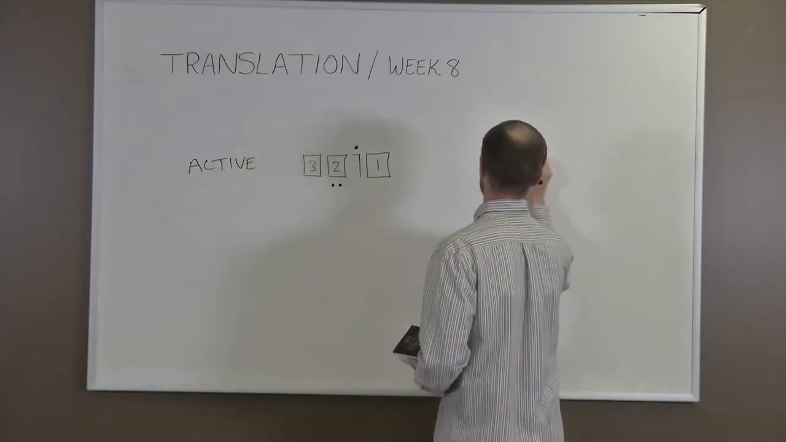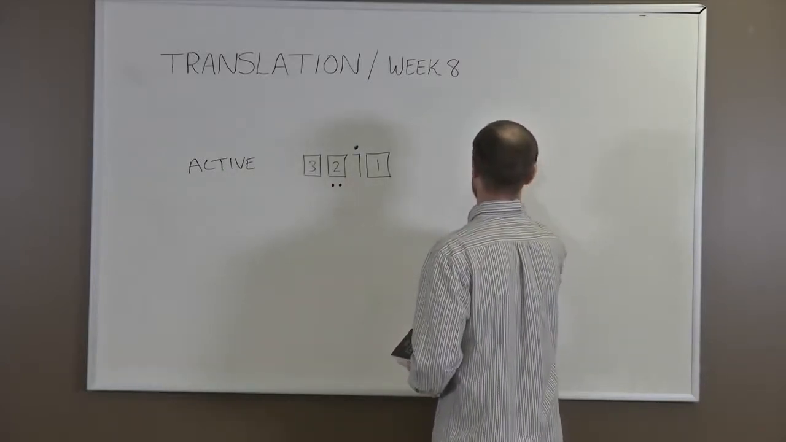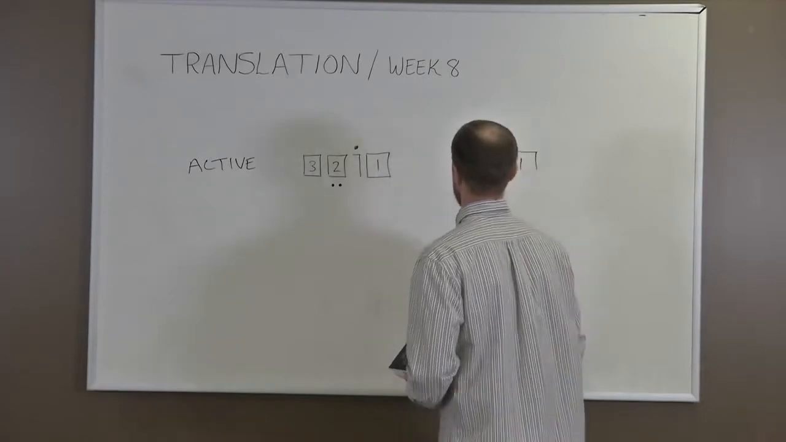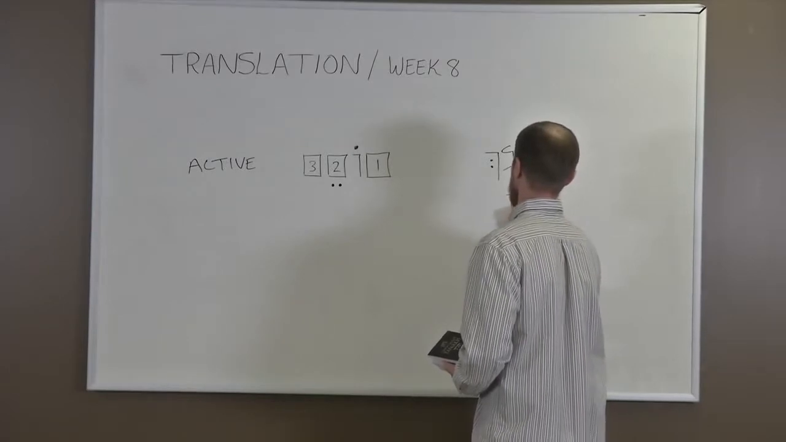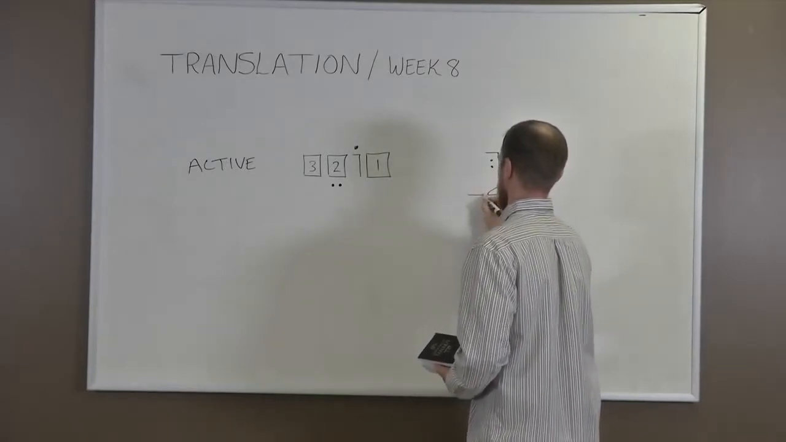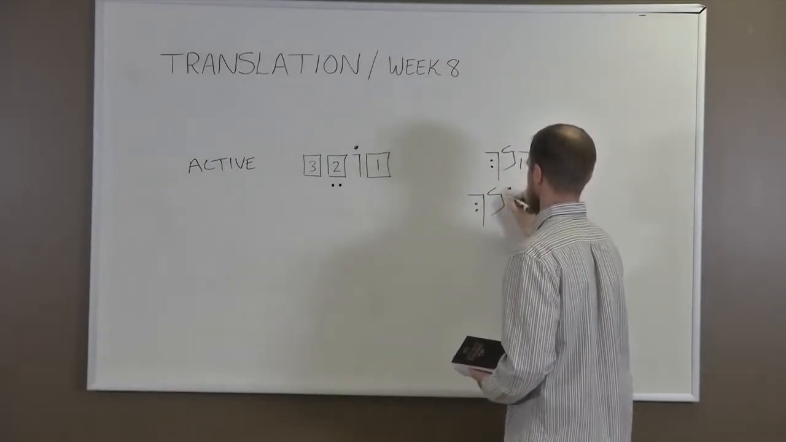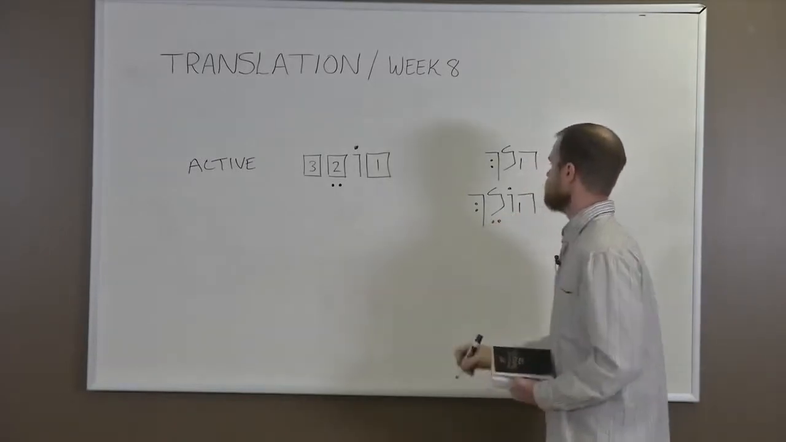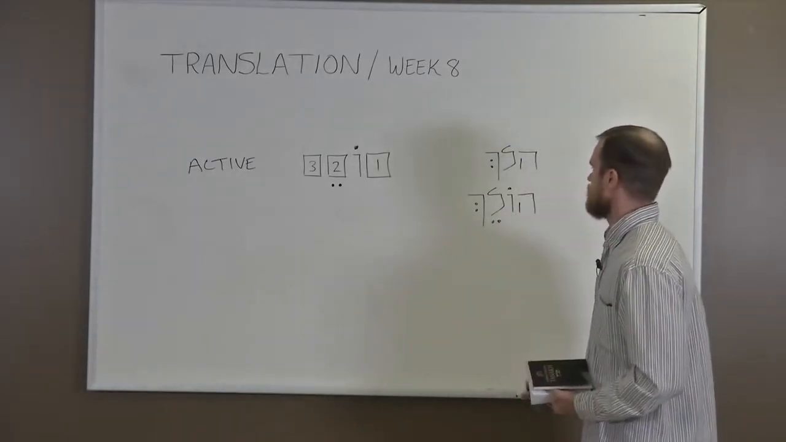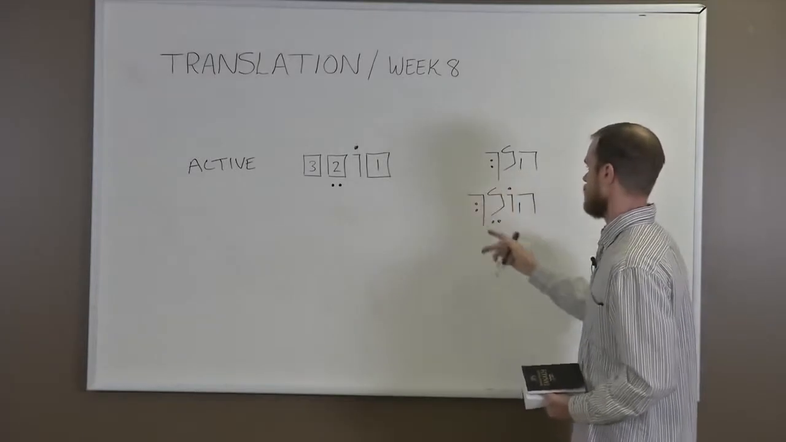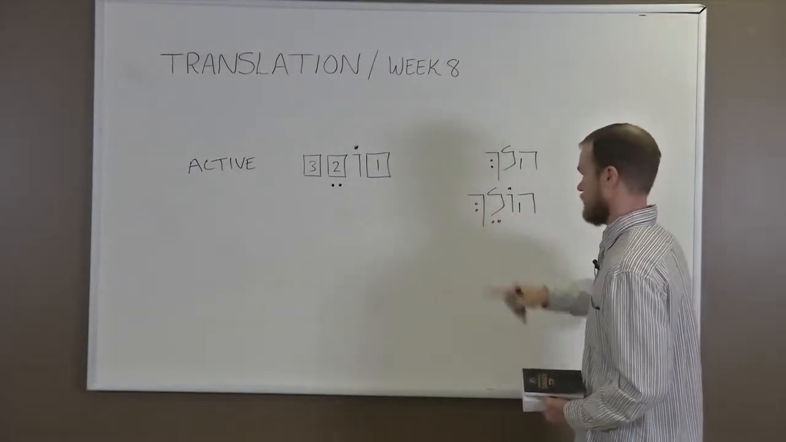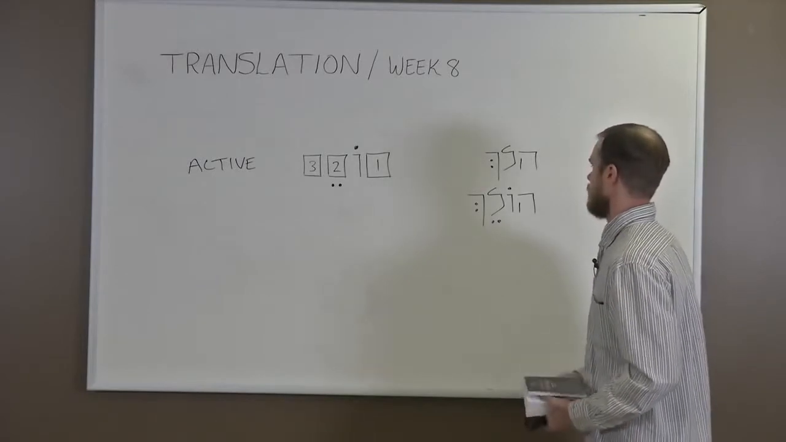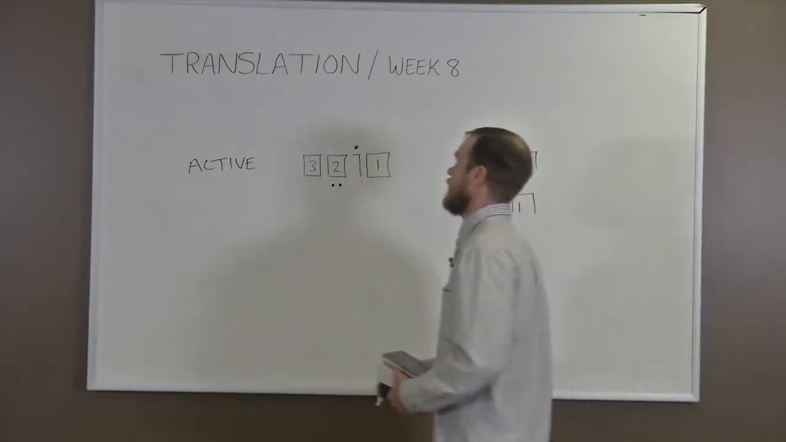Okay, our root is halach, to walk. All right, applied to this form, it will become holech. He is walking. We use the three letters. Put the vav in between the first and second, put this vowel underneath the second, and that's how it goes. The passive participle